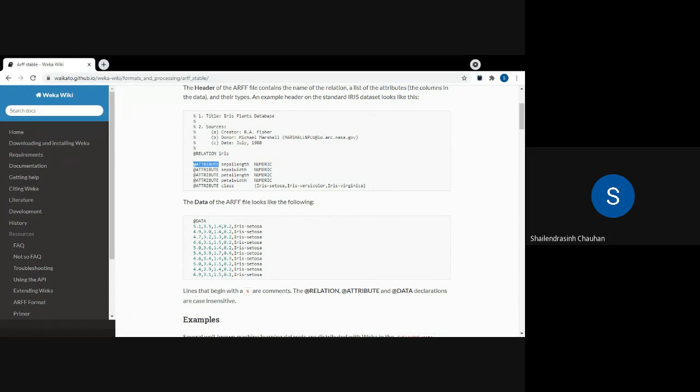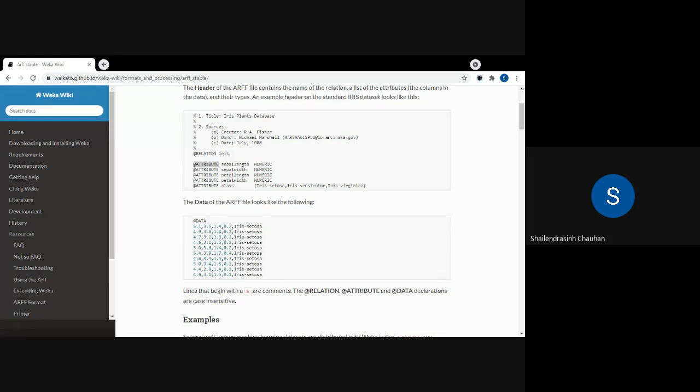Same way as you declare different variables in C language, like int, then the name of the variable, or char, or float.